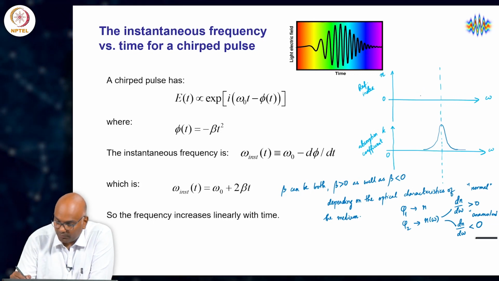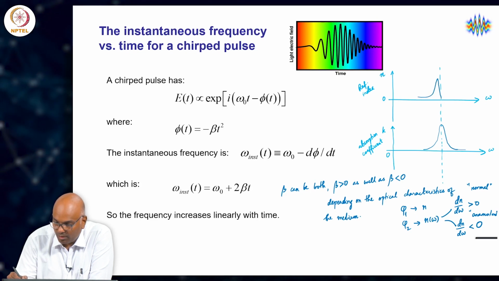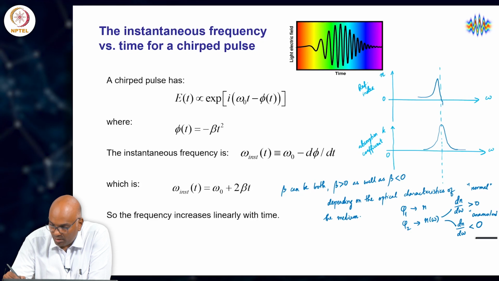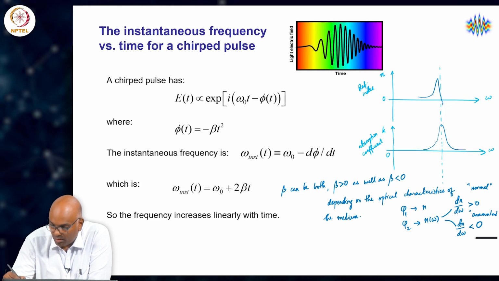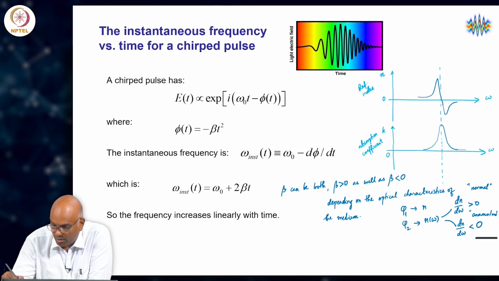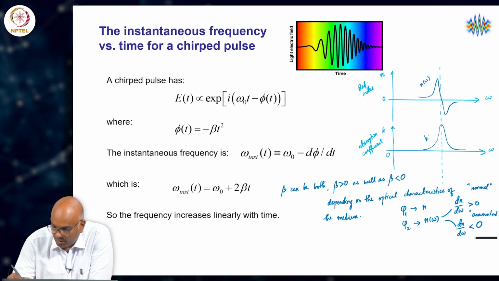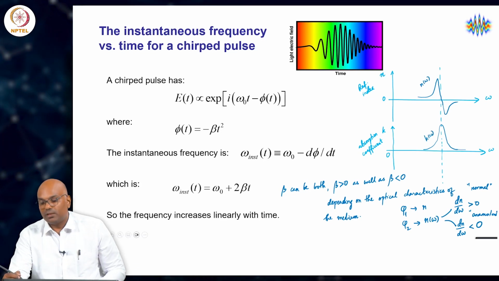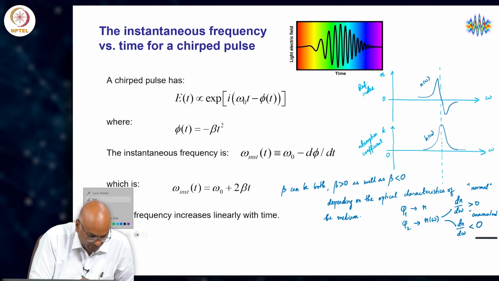But then we would then have that n of omega and k of omega share this intimate relationship about the special